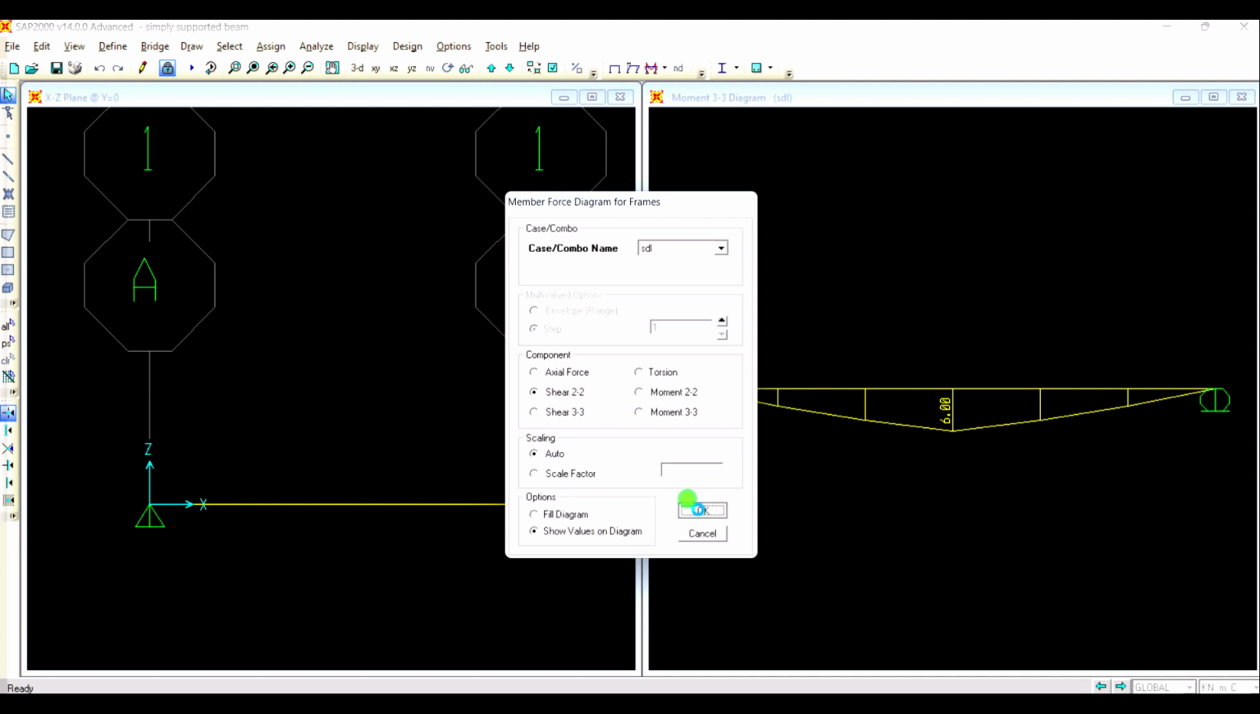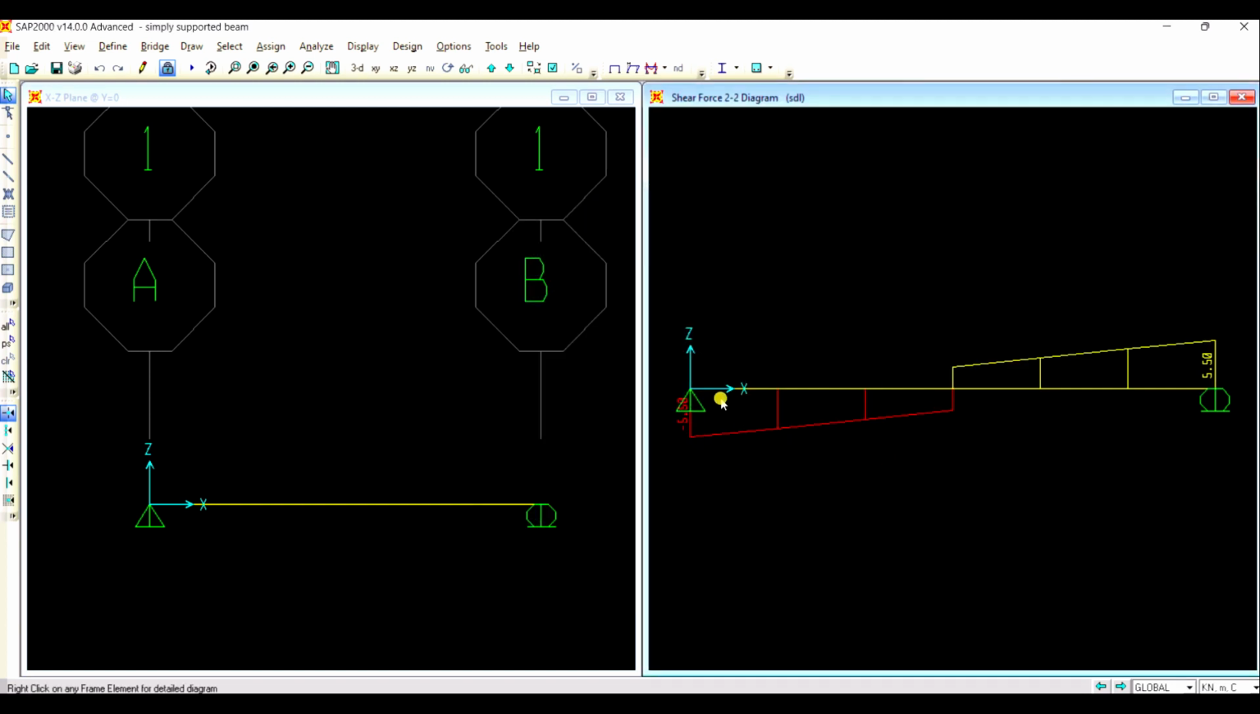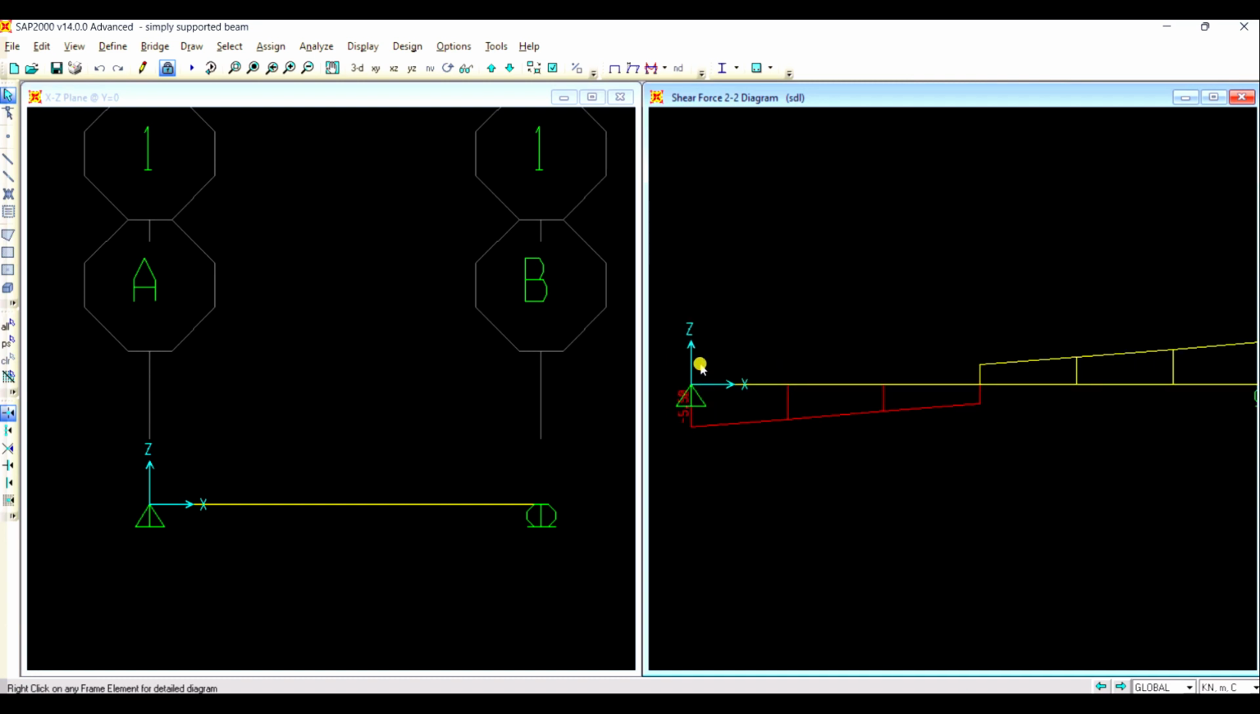You can go again to display, and your next aim is shear 2. Shear 2 means it will be in the second plane, and it will be in the downward direction and upward direction in the same plane. This is your maximum shear force, and we need to consider the maximum shear force while designing for shear. We also consider